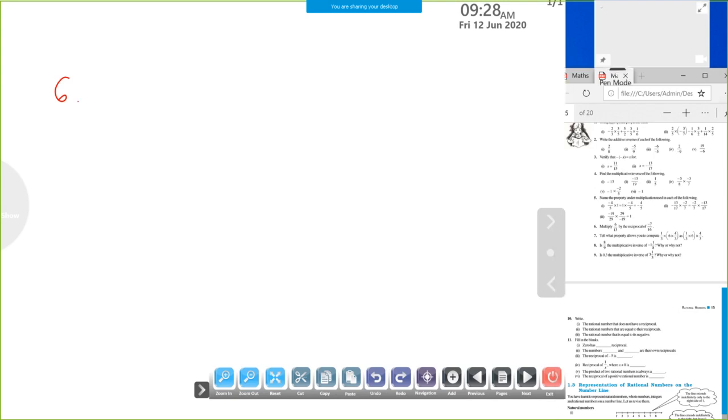So first we write what is the reciprocal of minus 7 by 16. Last day we learned that the reciprocal of P by Q will be in Q by P form. So this is going to be minus 16 by 7. The reciprocal of the number is 16 by minus 7. Normally we take the minus sign along with the numerator because that's the standard form of P by Q. This I mentioned last week in the class.